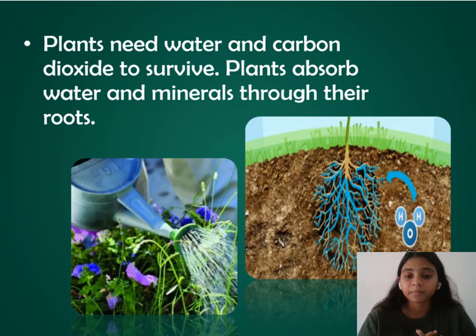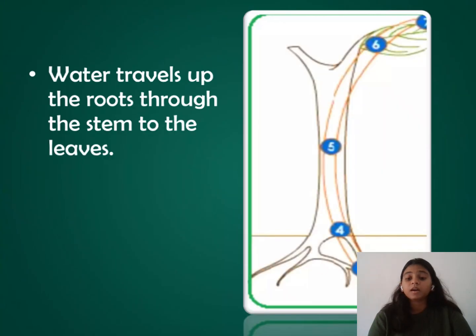As you can see here, plants absorb water and minerals through their roots. We can see in the picture, this blue color indicates water. So, water is present in the soil itself, right? So, from the soil, these roots absorb water and the minerals which are required for their growth. And then this water goes all the way up through the stem and then it reaches the